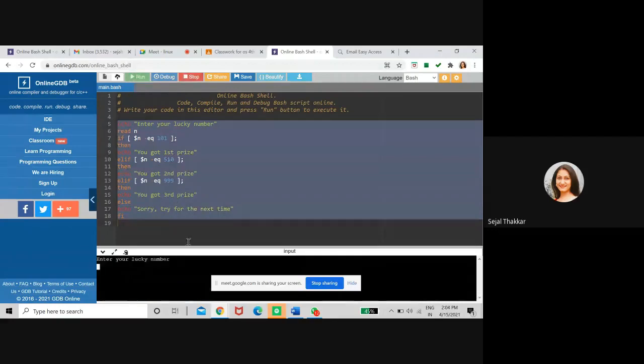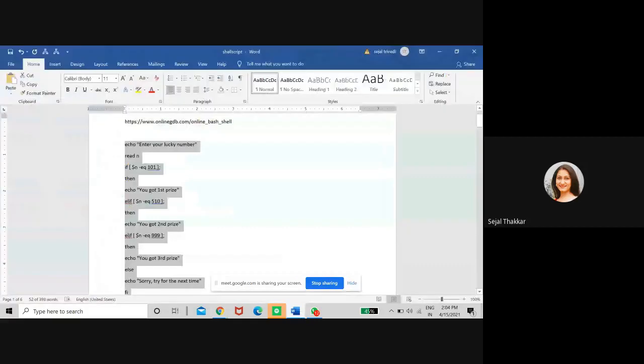Enter your lucky number. Suppose I am entering 510. Then I got the second prize. The same thing you can type using the switch case statement.